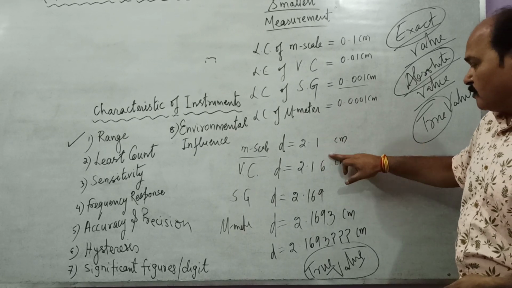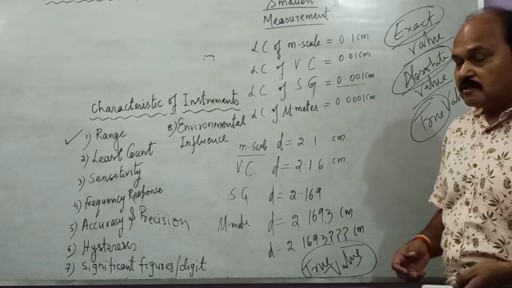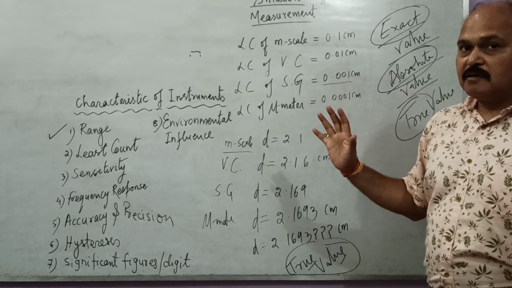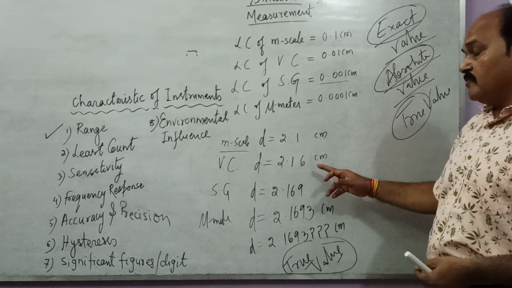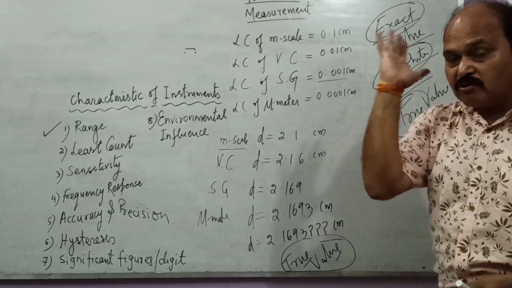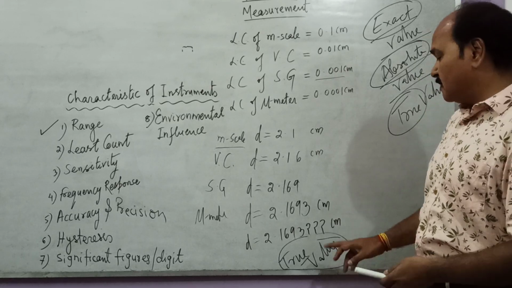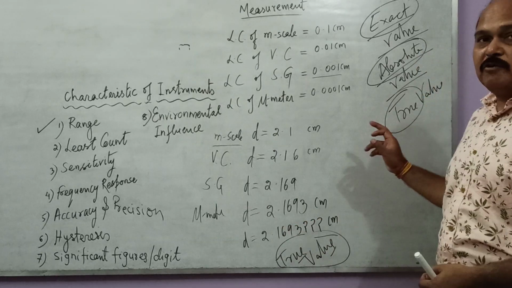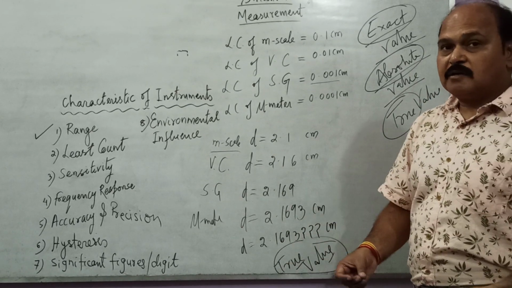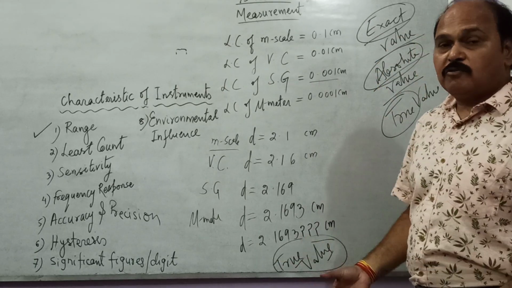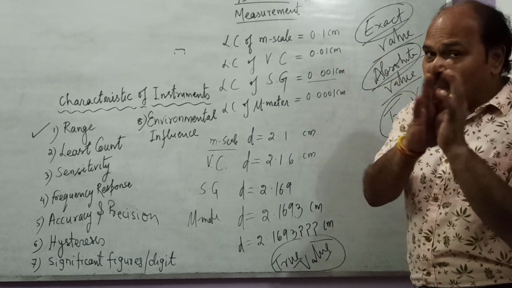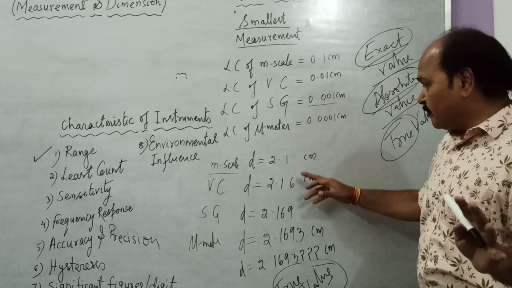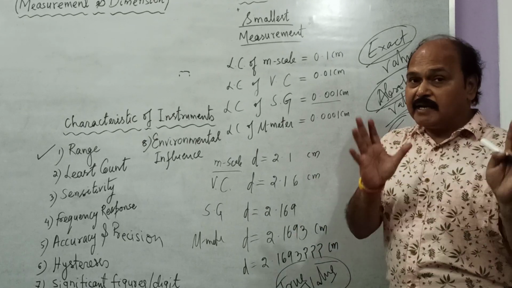So what I want to tell you at this juncture is that beyond a certain least count the instruments are exhausted. But the process of knowing the next digit, the unrevealed digit, is a never-ending, non-terminating process. If we go on knowing all the values, the measured value becomes more and more correct. So what is the true value, the absolute value or exact value of the thickness of the pen? That cannot be found out. That can never be found out. Instruments get over beyond a certain point, but the process of knowing the next digit is never-ending and non-terminating.